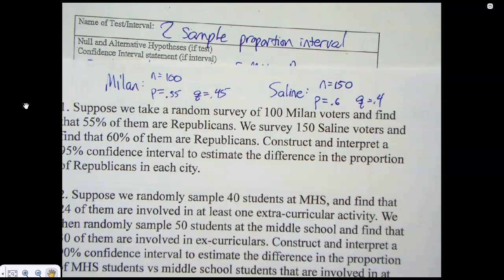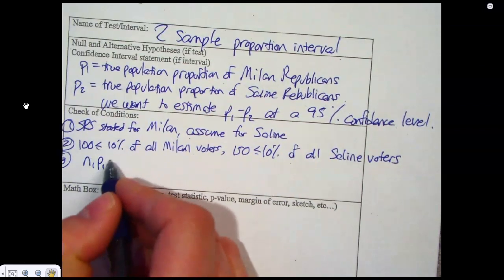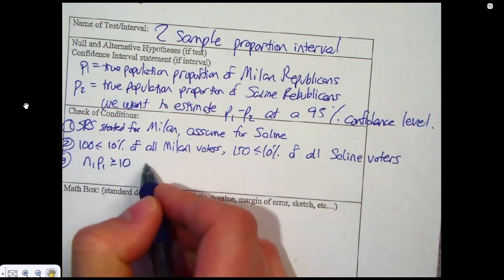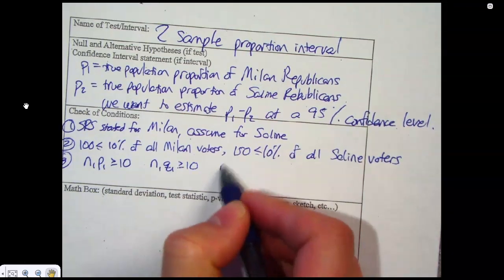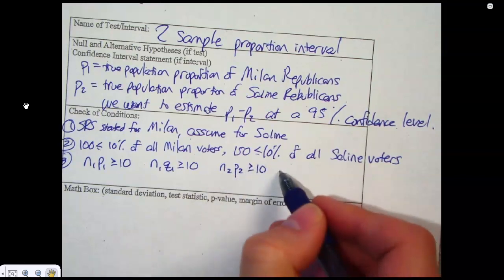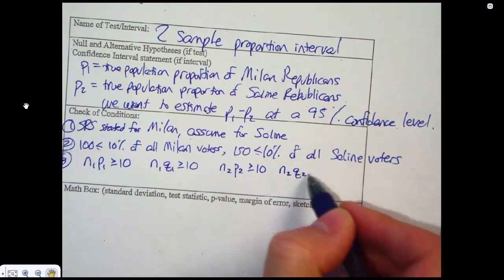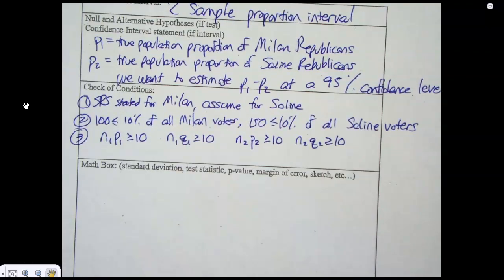the word problem. And then I've got to show that N1 P1 is greater than or equal to 10, N1 Q1 is greater than or equal to 10, N2 P2 is greater than or equal to 10, and N2 Q2. So you got 4 checks there. It's basically, do you have at least 10 successes and 10 failures in both groups, but you got to